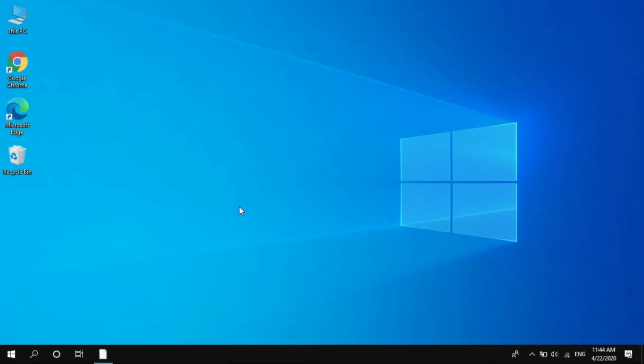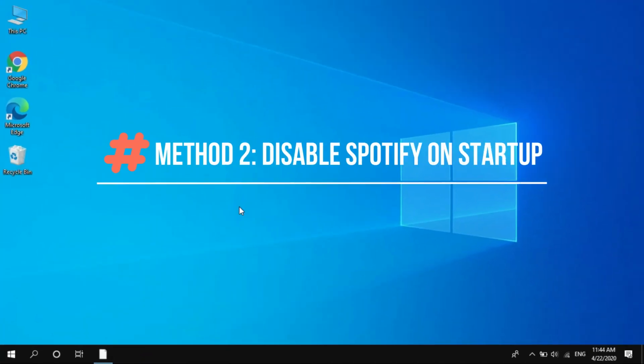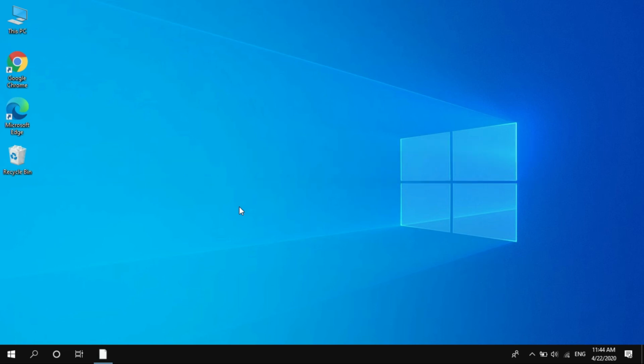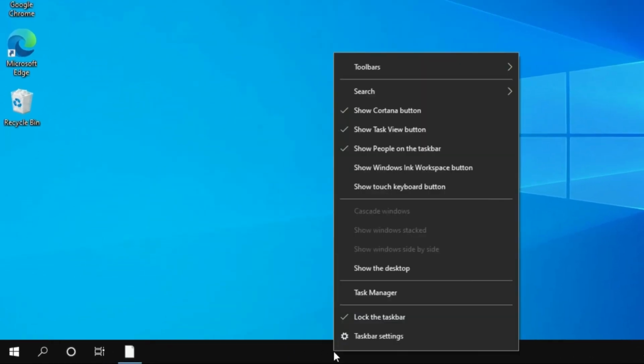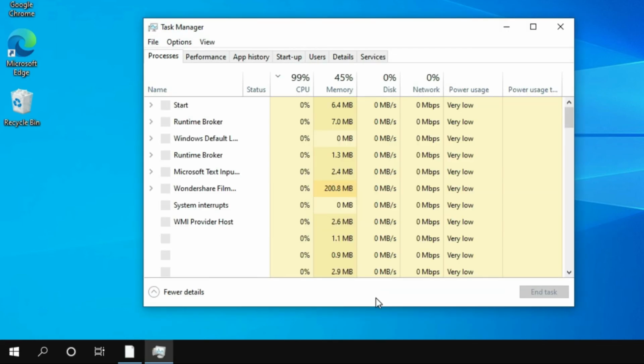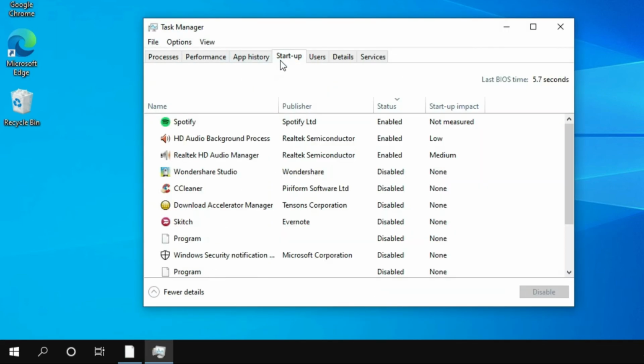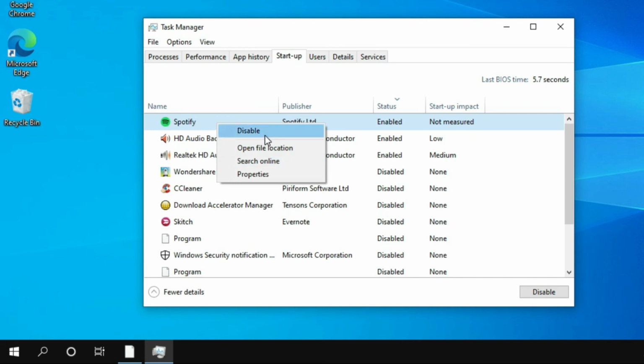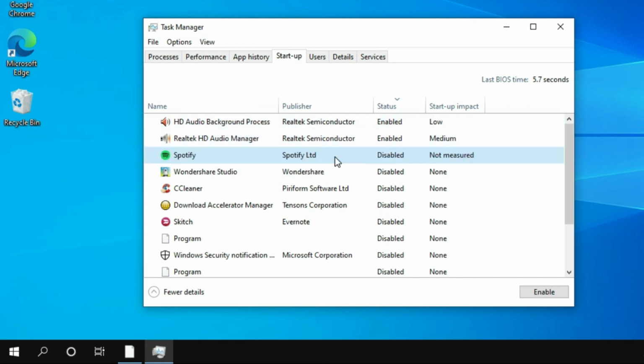Now if this method doesn't work for you, you can follow the next method. And the next method is simply right click on the Windows taskbar and then select the Task Manager option. Now on the Task Manager window, go to the Startup tab and then here you can see Spotify is available here. Okay, so simply right click on it and then select Disable option. Once you disable Spotify in the Task Manager startup, it will no longer open when your